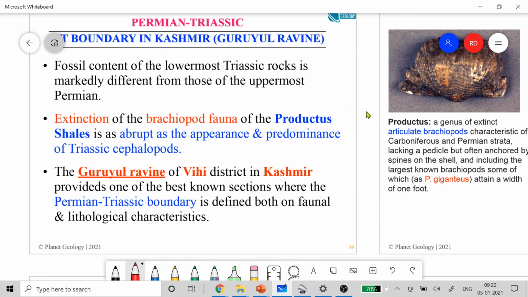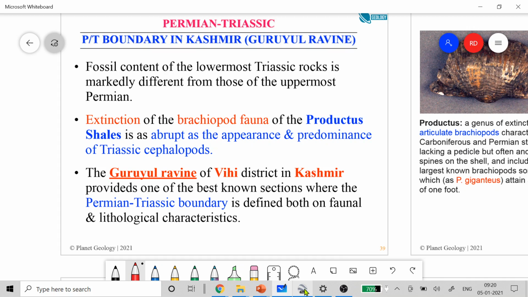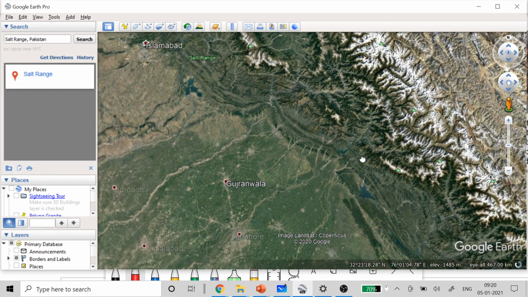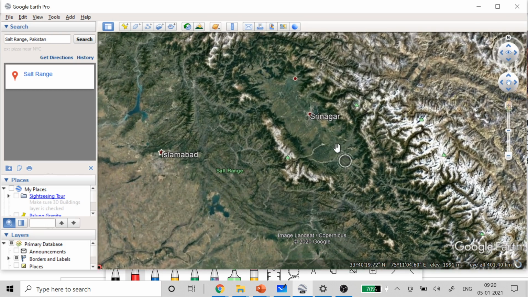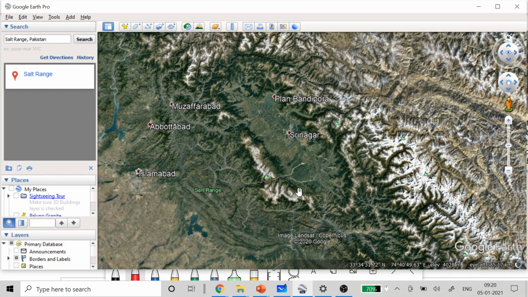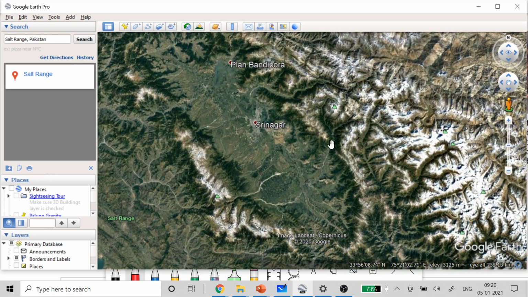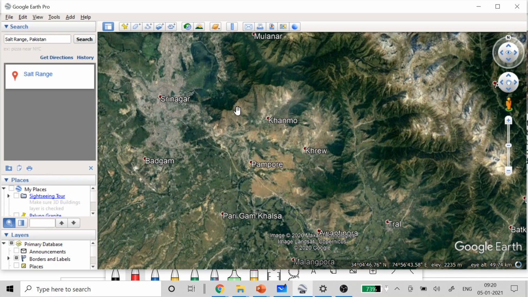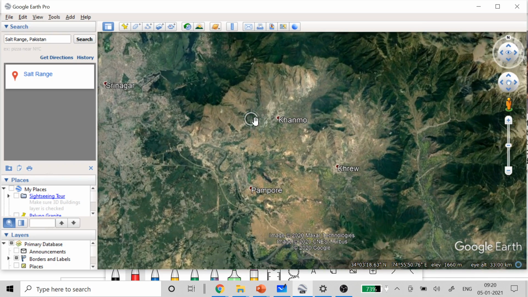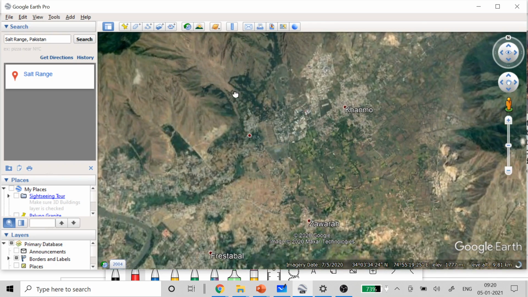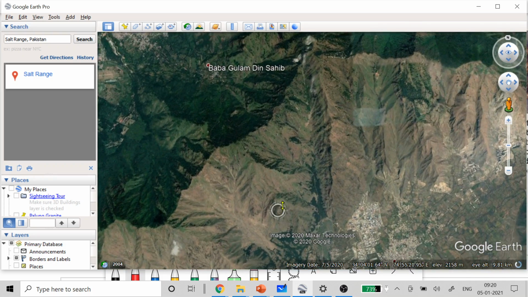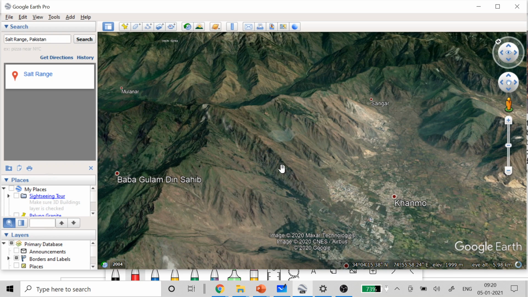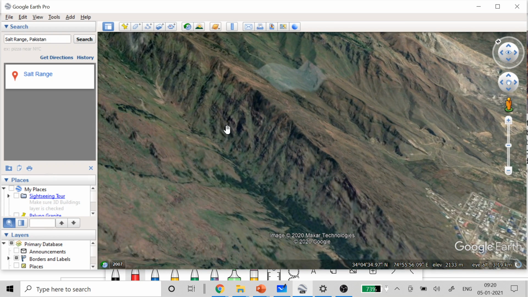Let me show you where this Guryul ravine section is. I was actually interested in seeing where exactly this is. So it's in Srinagar. So yes, it's not in Srinagar. It's close to this. The area that you see is the Kashmir Valley, and you can search that also. But these hills that you see east of Srinagar, it's actually one of these hills. So you can see these nice exposures of cuts in these rocks here. All these layers that you see in here,